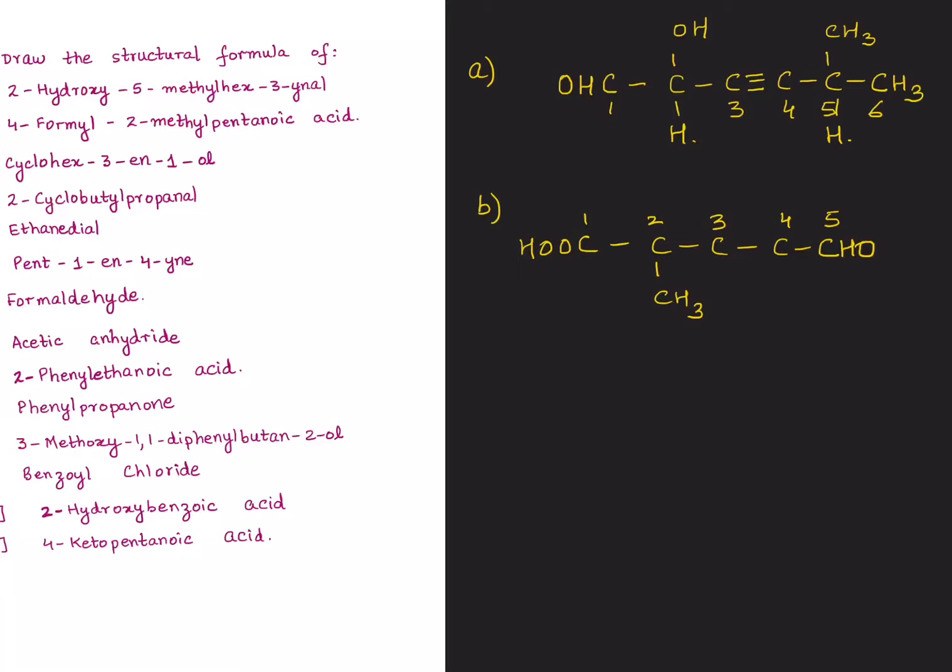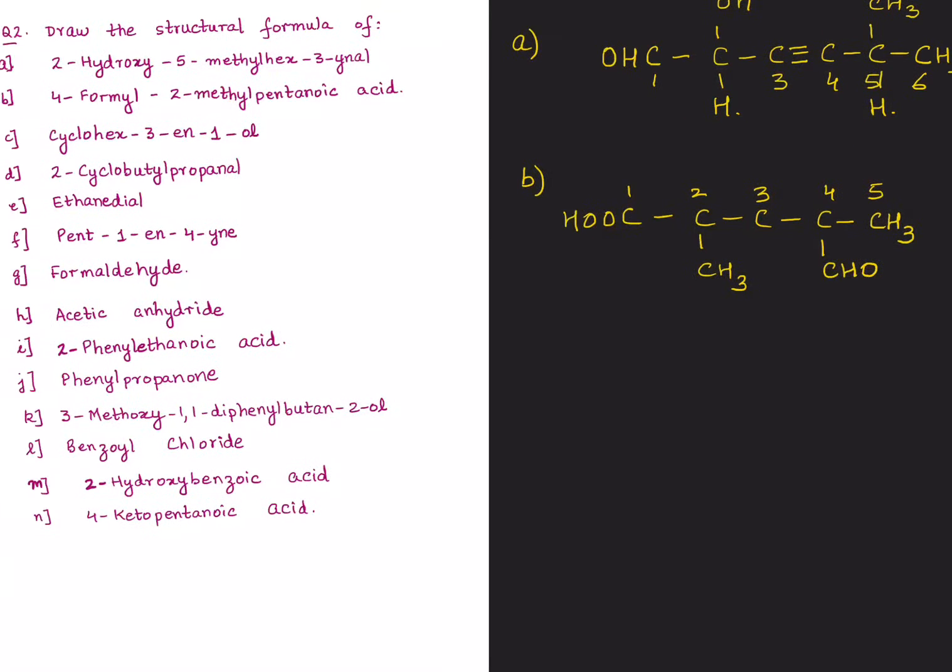But if you see over here, if I put this as a CHO group, then I should be writing 5-formyl, right? Whereas what is given to us in the question is 4-formyl. So we need to correct ourselves here. In other words, this is just a CH3 group and we have a CHO group, right? Come to the third structure now. Of course, the previous one, you can complete the hydrogen now.